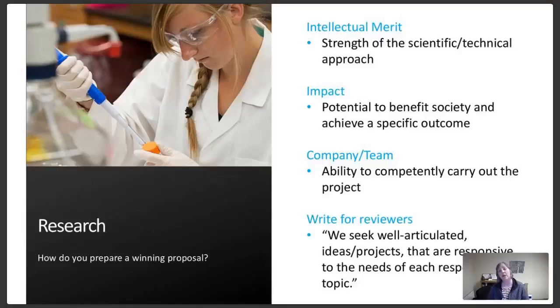They want to know that this is going to have some type of impact. If they fund you for the work that you're proposing to do, the goal is that it's going to move the needle. It's going to change the technology landscape. It's going to improve the scientific research and the ability to develop really improved patient care, improve opportunities for whatever your technology addresses. And they also want to look at your team, not just the research team, but of course,